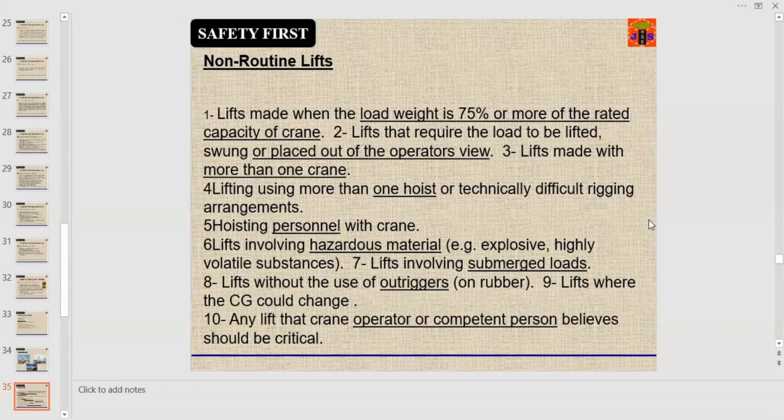What is a non-routine lift? Let us discuss the characteristics of non-routine lifts. Number 1, lifts made when the load weight is 75% or more of the rated capacity of the crane. Number 2, lifts that require the load to be lifted, swung, or placed out of the operator's view. Number 3, lifts made with more than one crane. Number 4, lifting using more than one hoist or technically difficult rigging